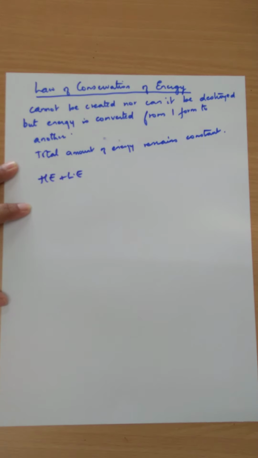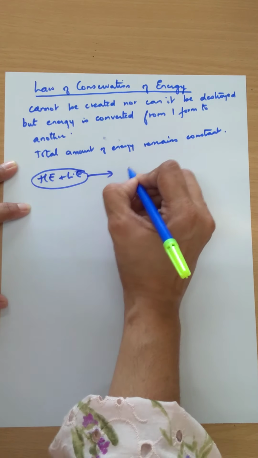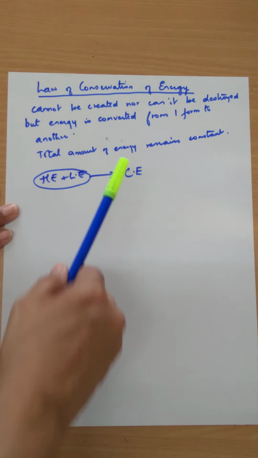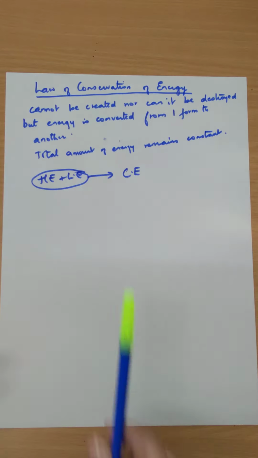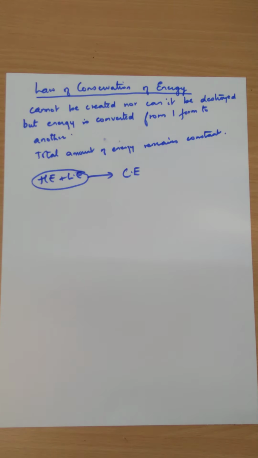And then green plants, by the process of photosynthesis, convert this heat and light energy of the sun into chemical energy. Green plants make food. So they are converting heat and light from the sun to chemical energy. Similarly, fuels like coal and petroleum possess chemical energy, and on burning, they give out heat and light. So you're converting energy from one form to another form.